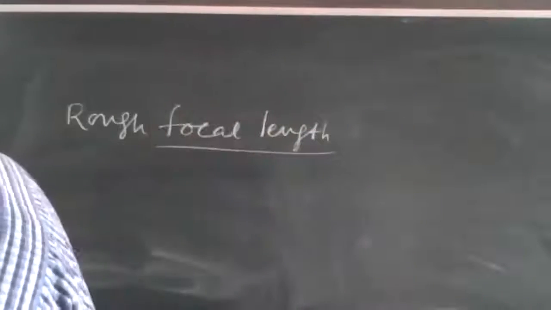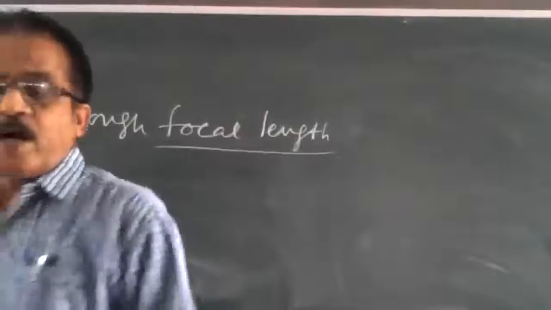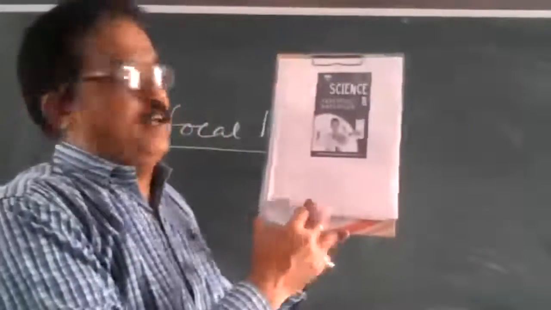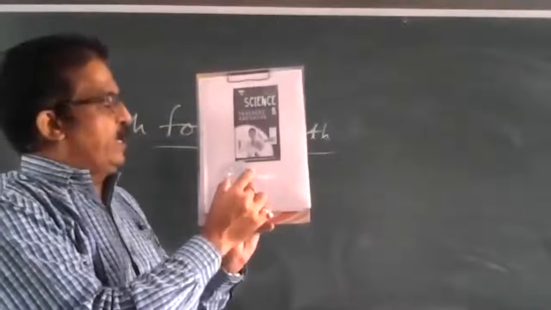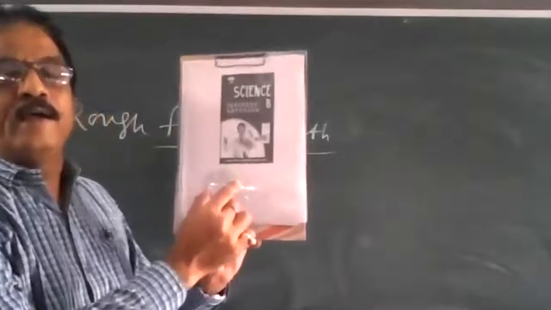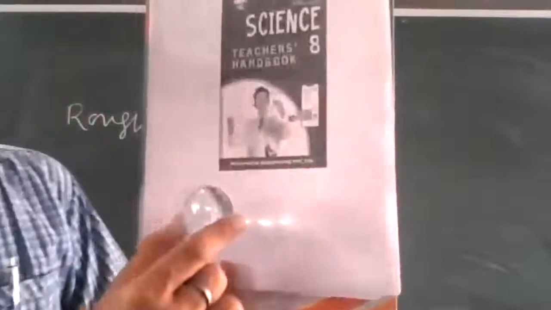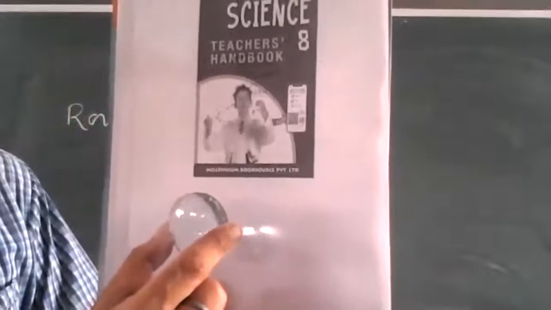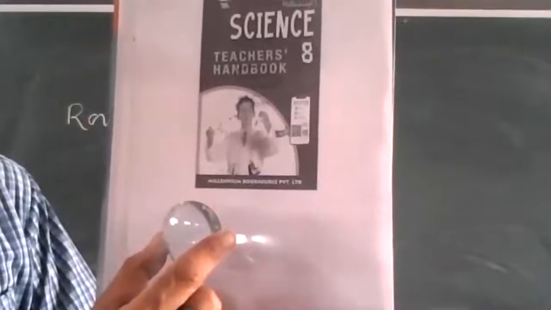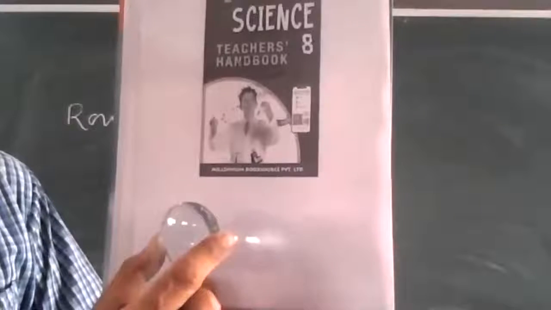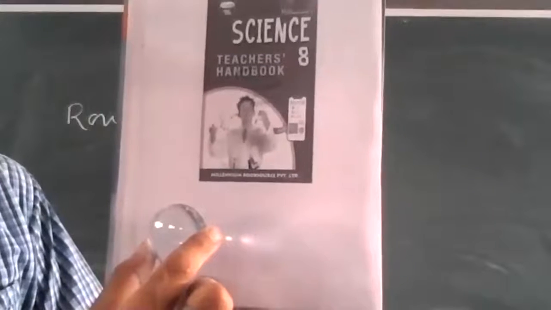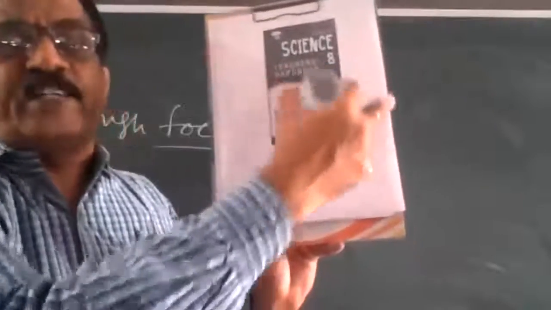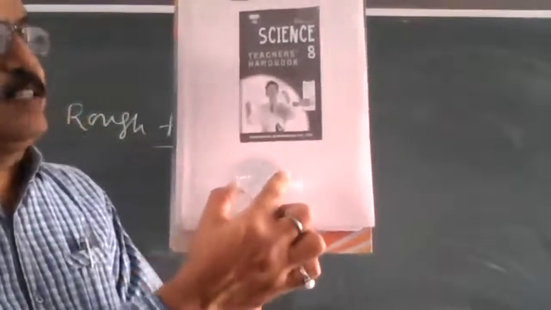You take the image, object is at infinity, and we can take the image, say here is the screen. Here I am getting the image, ये देखिए see. आप लोगों को नहीं दिख पा रहा होगा क्लियर ये. See that? अब दिख रहा है? पेपर पर इमेज दिख रही है आपको? Yes, sir. This distance from this paper to lens, this is the way to find out the rough focal length of a convex lens. The distance from this paper, that is called screen, and this is lens.